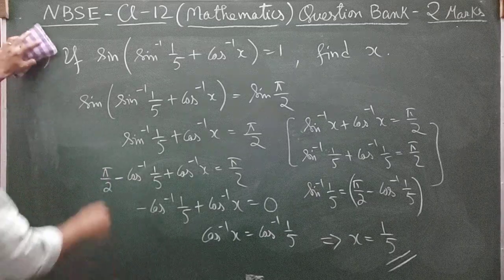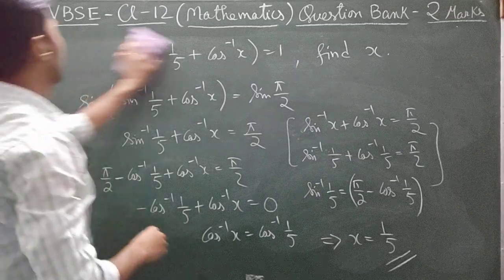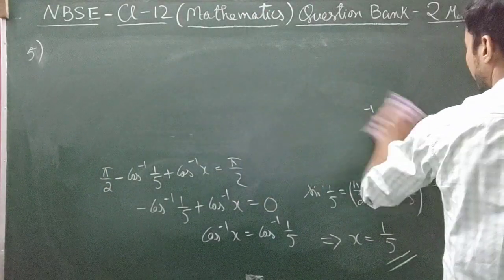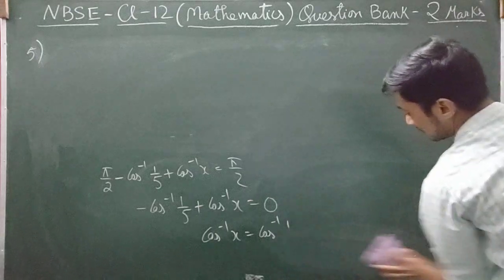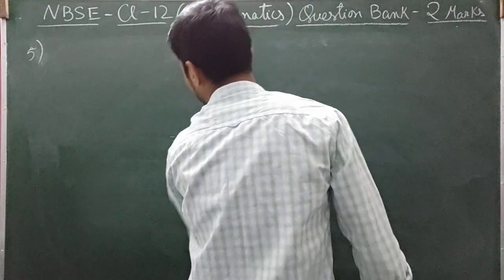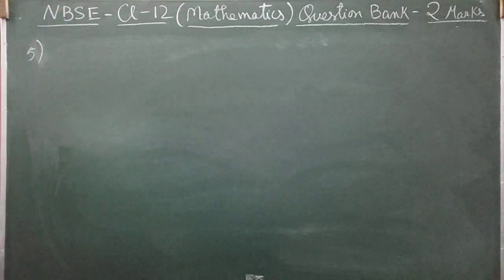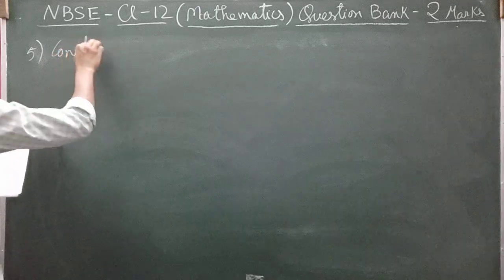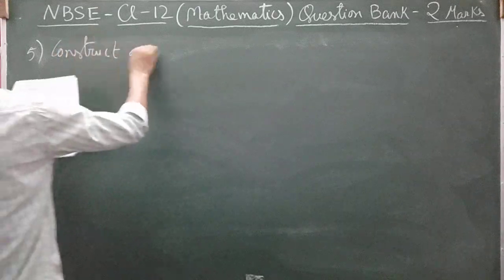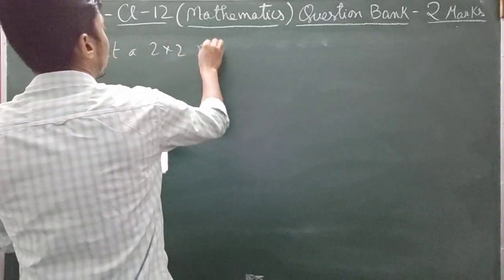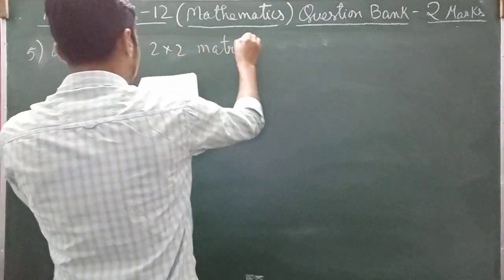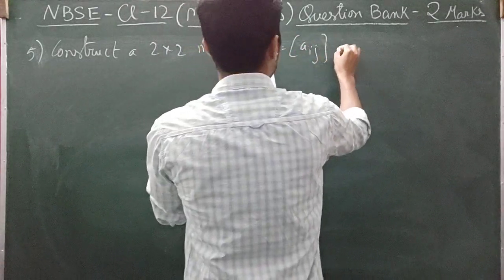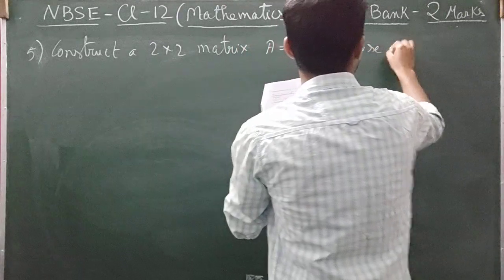Alright, let's move on to question number 5. Question number 5 is from matrices and determinants. Basically a very simple question there, formation of matrices. You should be very lucky if you get those kind of questions. I'll write down the question for those who don't have it. Construct a 2 by 2 matrix A defined by the element Aij, whose elements are given by